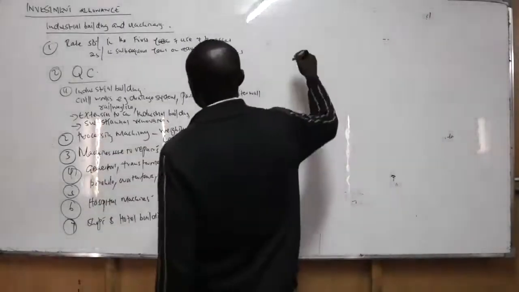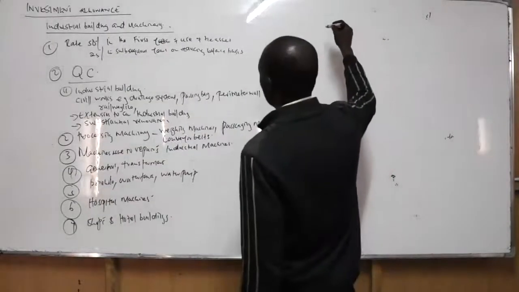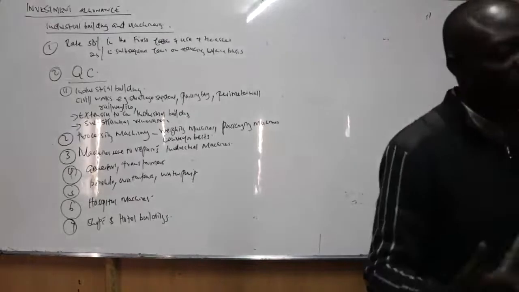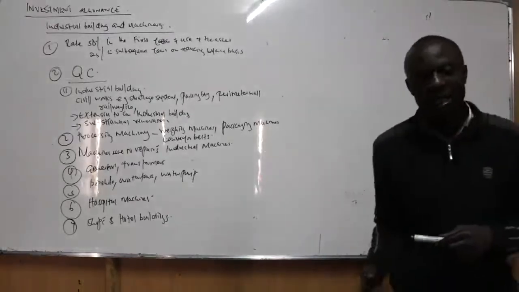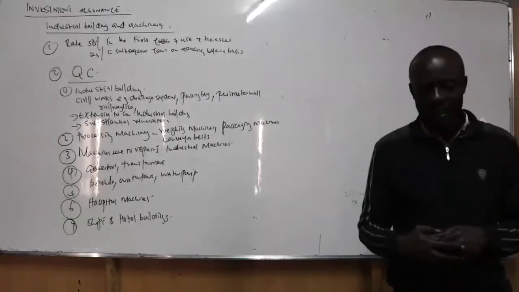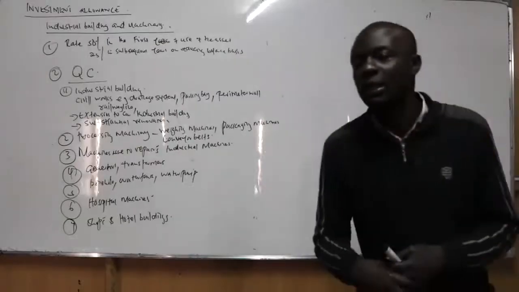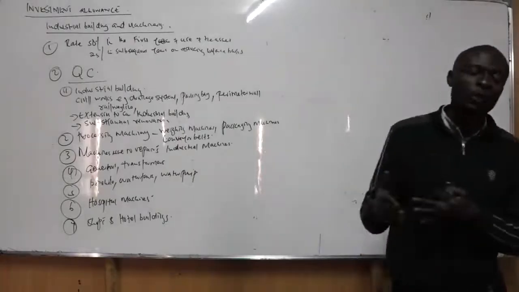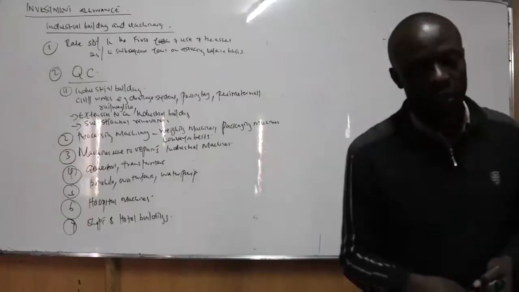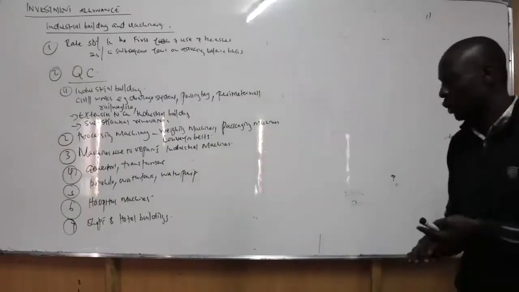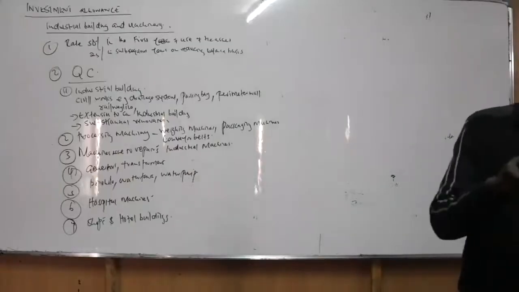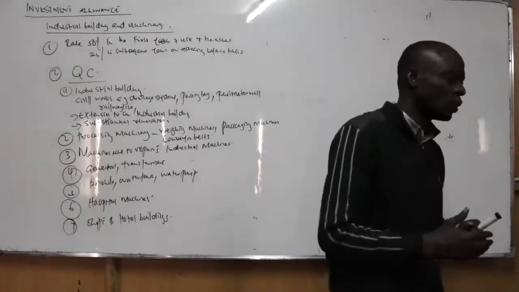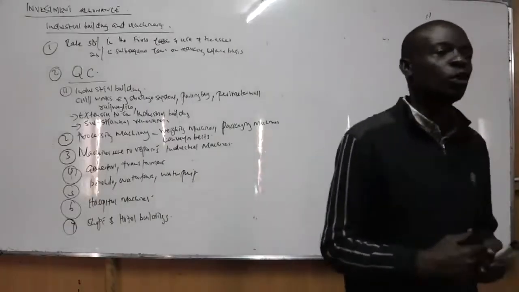Another thing that you need to know under industrial building and machinery is that when you construct an industrial building, it's a common practice to include some other buildings that are not used for the purposes of manufacturing. So it's a building that is annexed to the industrial building, but it's not used for manufacturing. For example, you can include the administration block, or a showroom, or a retail shop. Those ones we call non-qualifying cost. So you're going to compute their proportion in relation to the total cost. If their proportion in relation to the total cost is 10% and below, then they can also be claimed under this